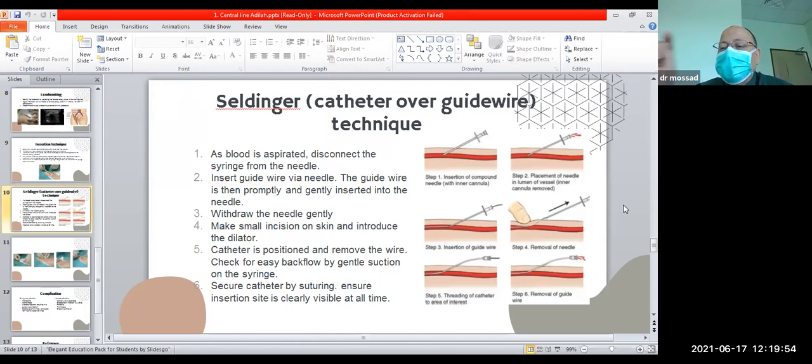So the starting point is how to define the vessel and try to cannulate it in a good manner, so your cannula is resting comfortably inside it, so you can use it directly, put in a guide wire, and change to a bigger size, to put the percutaneous line. So this is the starting point. And remember that the vein is better felt than seen. Sometimes you need to just look away from the vein and try to palpate like this. You will be able to palpate. Okay, it is very important. Okay, you can continue now